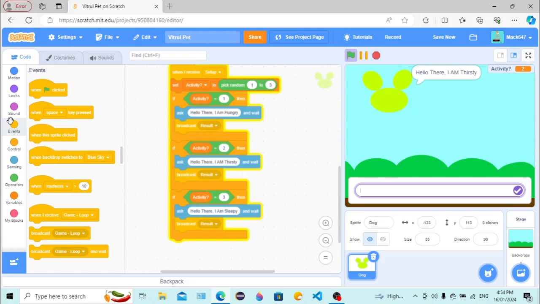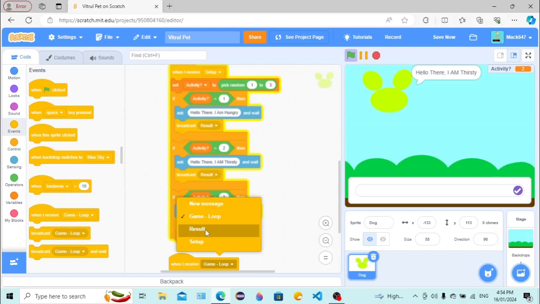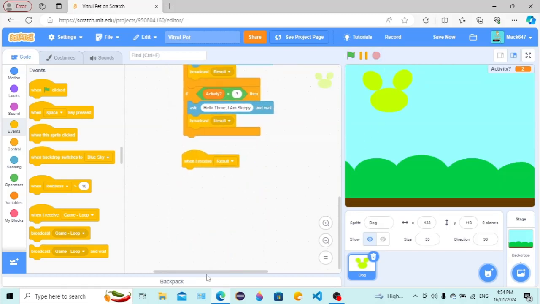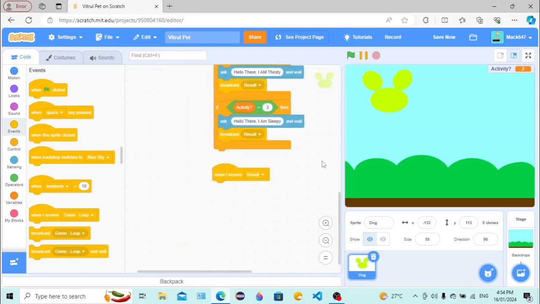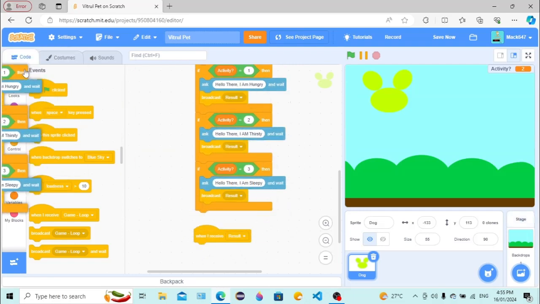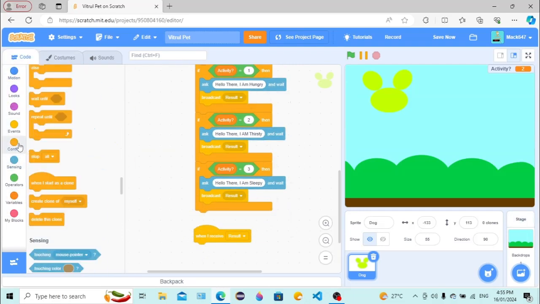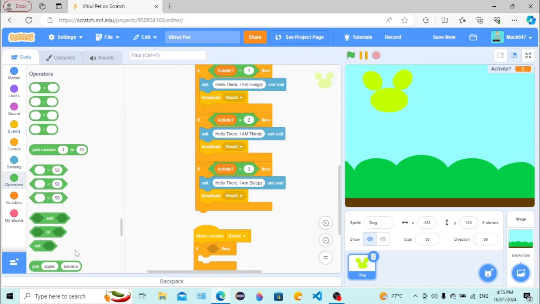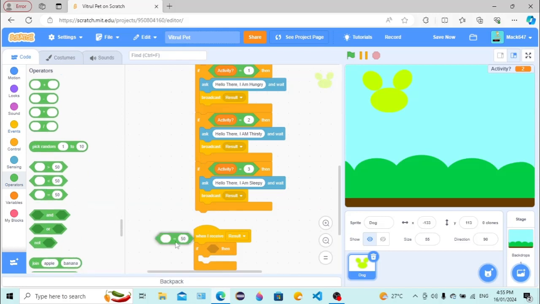After that, we want to get a when I receive result out. When I receive result, what do we want to do? The first thing we want to do, well, we can duplicate this and put it in here. This seems pretty good. We're going to get a new if statement out. And we want to check if our answer equals,